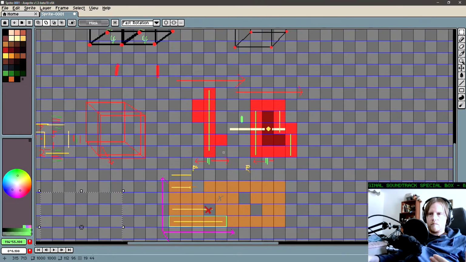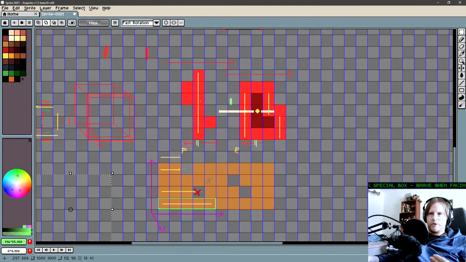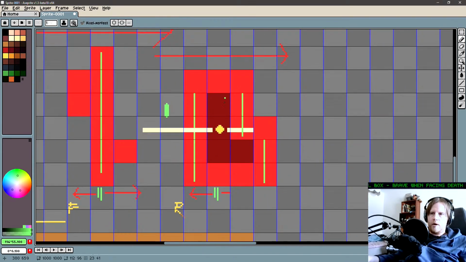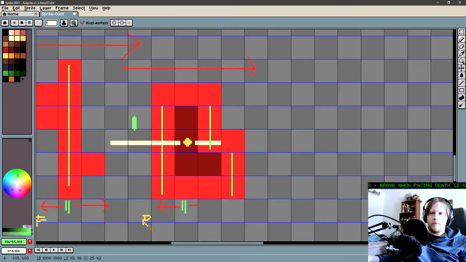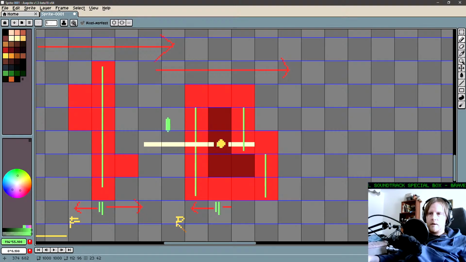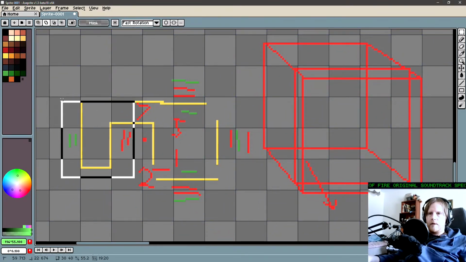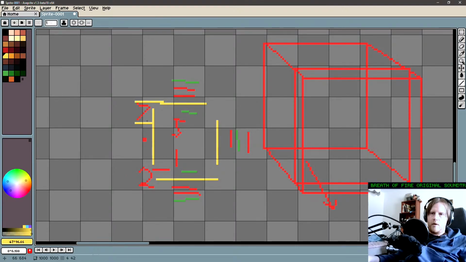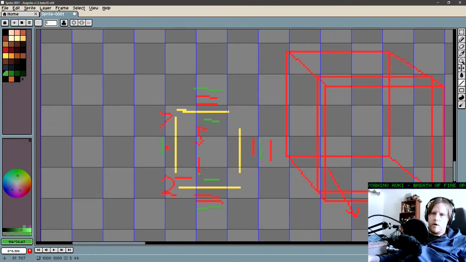So that's what I was checking here, right? Like dark red here means inside, and the red is the edge of the selection. So if I'm trying to create a room here, the issue is that here, right? We have to check all of these. You know how this works. You have to check